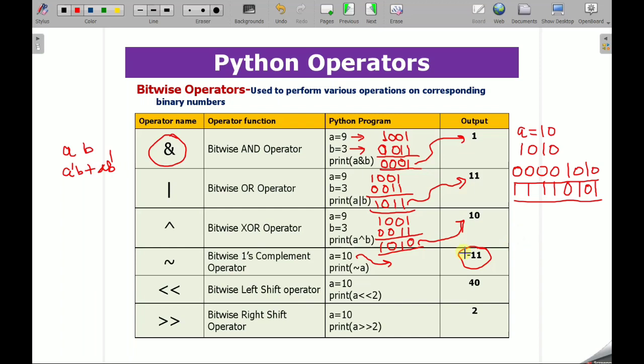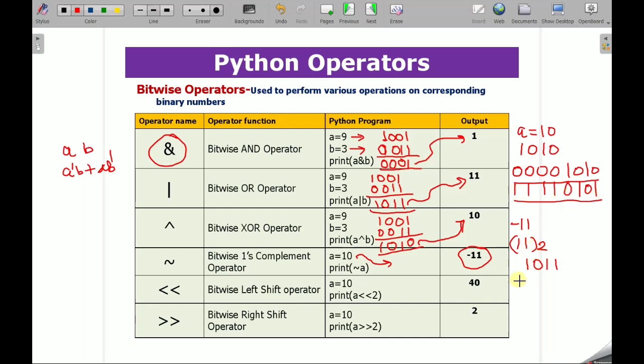Just take this 11. If I am going to represent minus 11 in the computer, what will it be? Minus 11 will be the 2's complement of 11. What will be the binary of 11? 1 0 1 1. This will be the binary number.